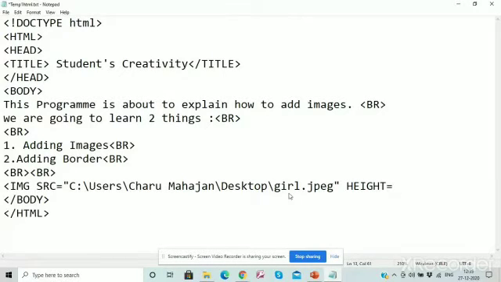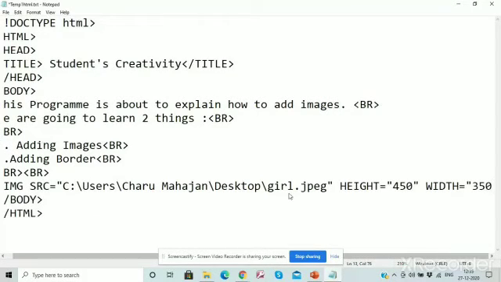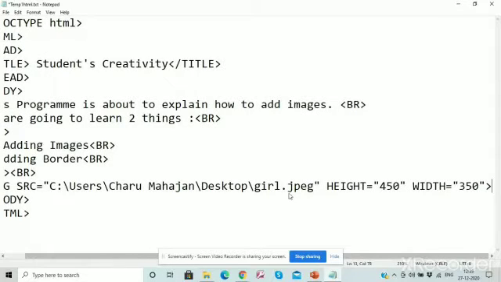Height equal to 450. Width equal to 350. Let's close it. Okay. Now we just save our file.